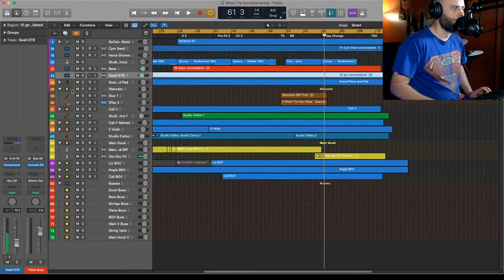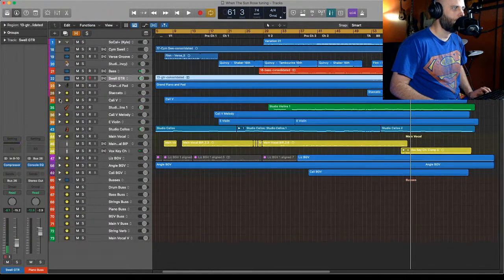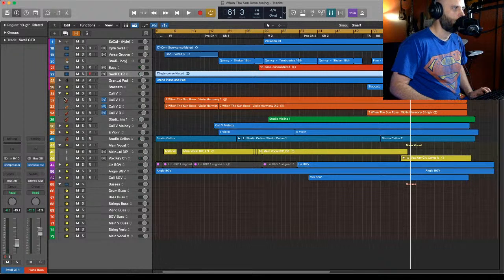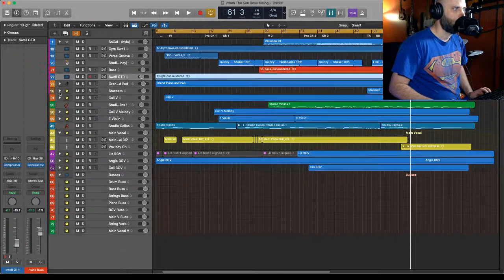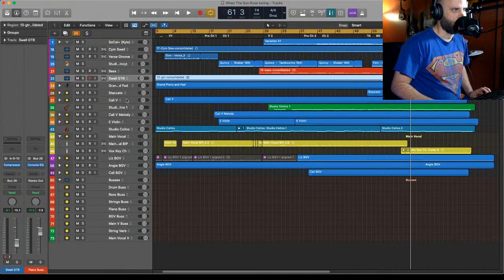Okay, and that's all there is for that whole section. Then we have 3 violin tracks right here. But I'm not going to worry about violins right this second. So let's worry about main vocal,